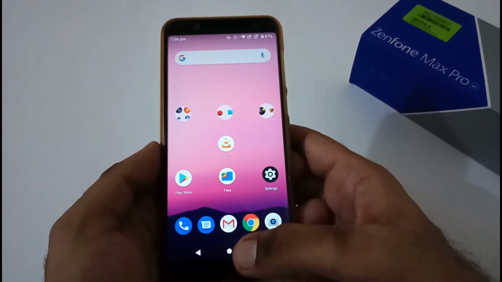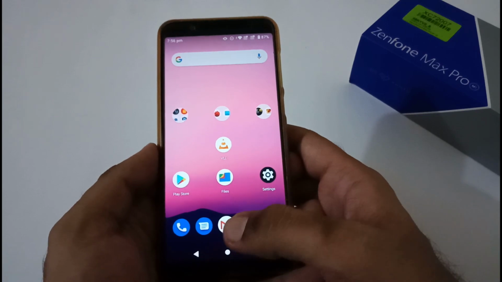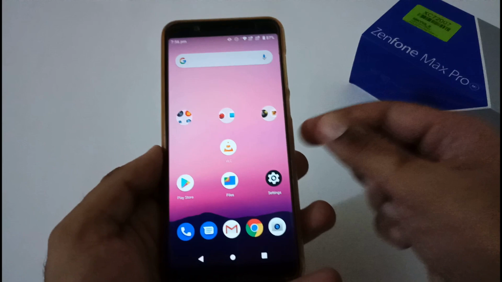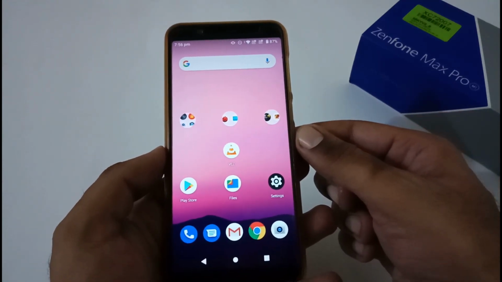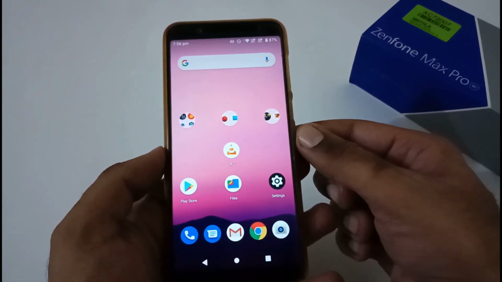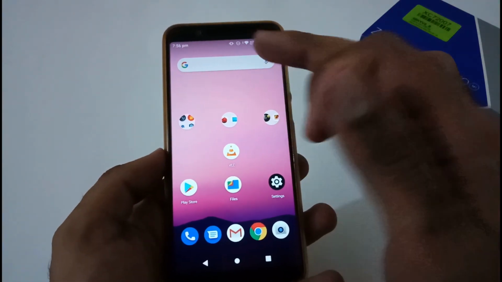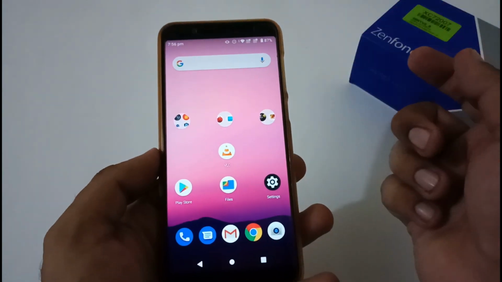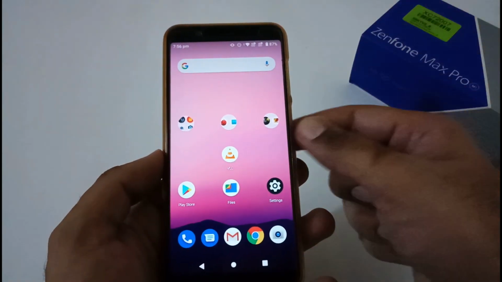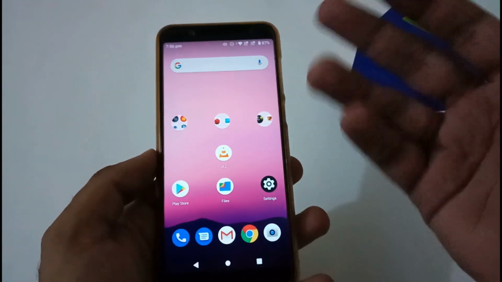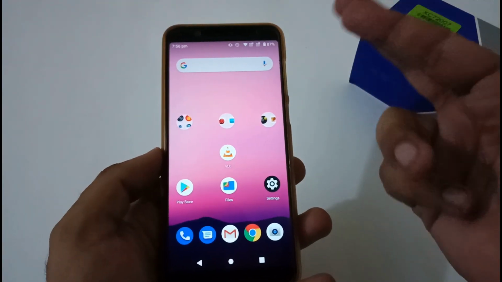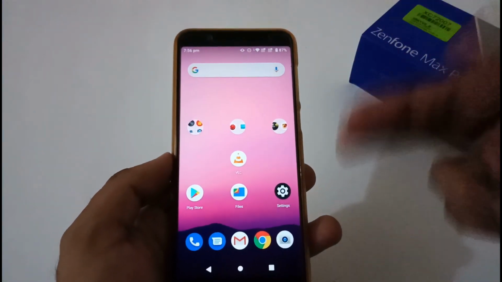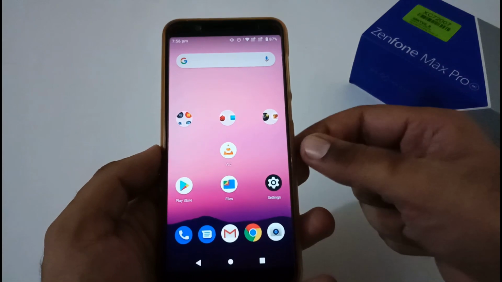Apart from this, if you are using gesture based navigation, then you will find the gap for gesture navigation is somewhat higher as compared to the normal height or space. Apart from this, the Zenfone logo is back on the boot screen, and the home screen's Google visit is again fixed. You can't change it. And again, I'm not sure, because this is an AOSP based ROM, so they might have done it purposely. That's why they are not removing it, because this is a very minor thing, and Asus can get rid of this maybe in beta 2 or 3. And now this is beta 4, which is again a stable beta version among all the betas.